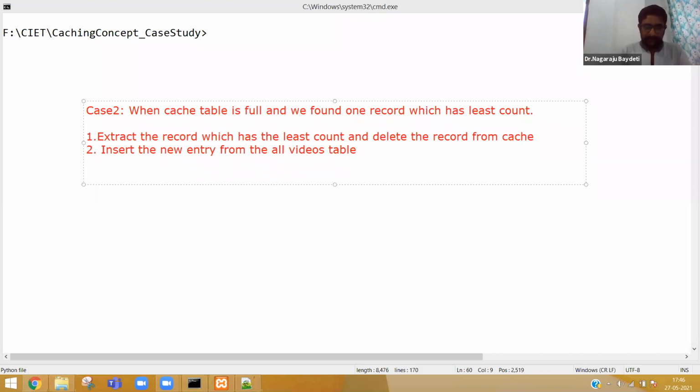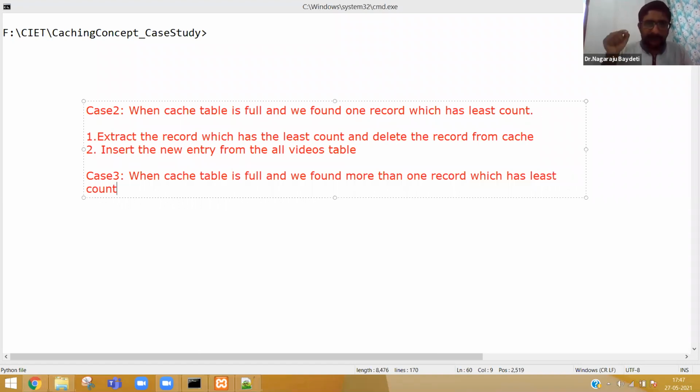Now case 3. So total there are 3 cases. One is cache is empty or has less than 3 records. Second, when the cache table is full and we found more than one record which has the least count. For example, the situation where we are right now: video 1 is there, video 4 is there, video 10 is there.